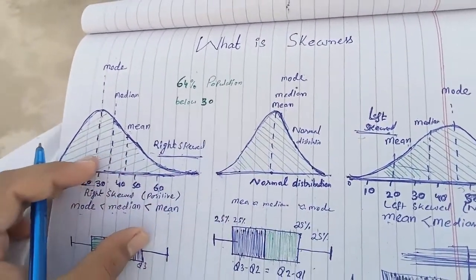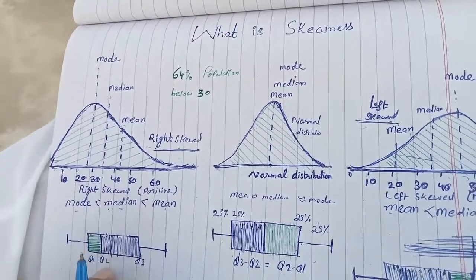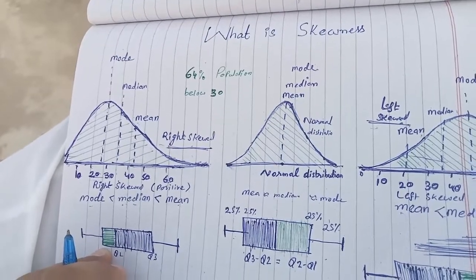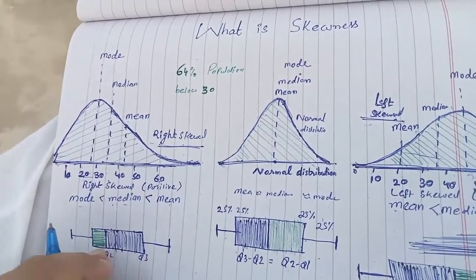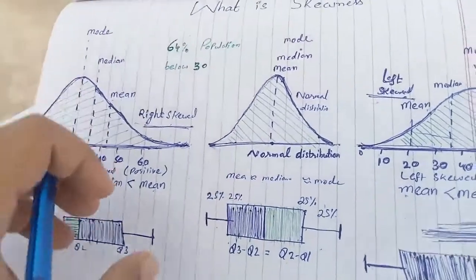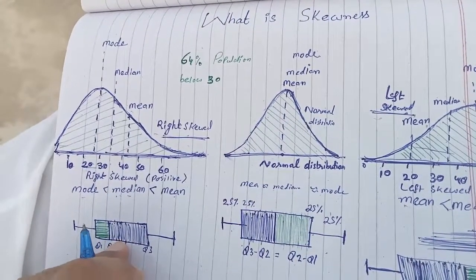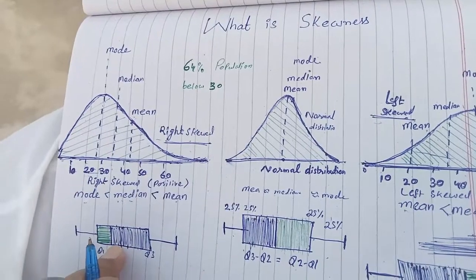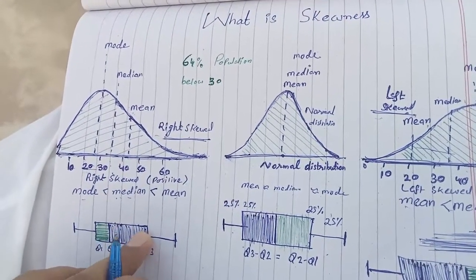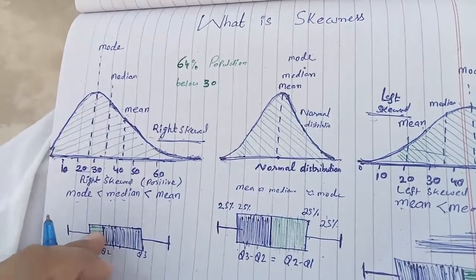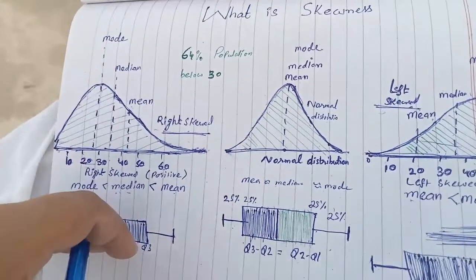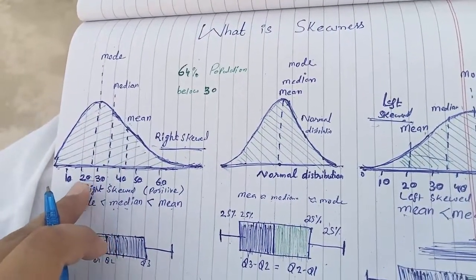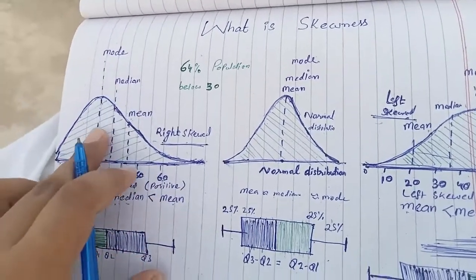But if you talk about the right skew, in the right skew you can see to the left side at the lowest values there are a lot of data compressed here. There are a lot of data set. That is how the right skew data set is represented in the box plot, where the green region showing there is a lot of data set there. You can see there at the lowest value the data set is